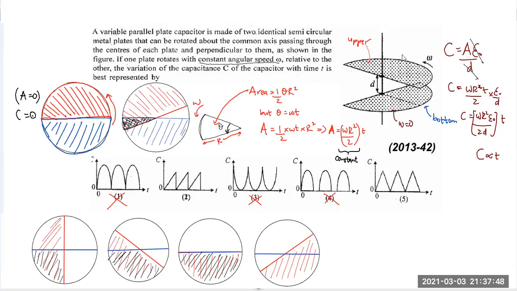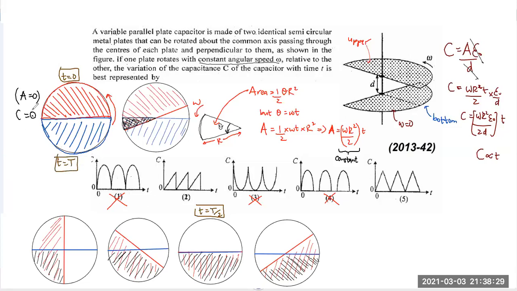Okay, so if I take this time as t equal to 0, right? And I'll take this time as t equal to capital T by 2. That means half of the rotation, half rotation. And then after that, what will happen? Look at the area. It keeps reducing once again. No? Common area here. This is the common area. Common area reduces. And then again, the red disk will return to its initial position when time is equal to capital T, the period of rotation. When time is equal to capital T, red will return to its initial situation like this.